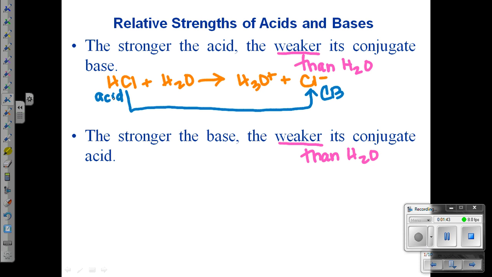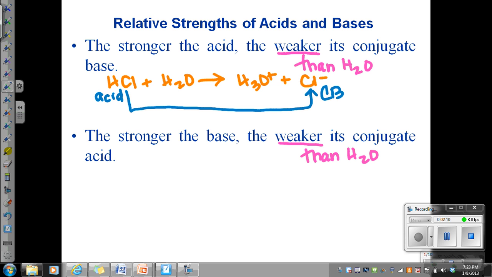So we know that hydrochloric acid is strong. What that means is that the conjugate base, the chloride ion, is going to be a weaker base than water. So that means that water is more likely to accept a proton than the chloride ion would. Then likewise, the stronger the base, the weaker its conjugate acid. So if we have a strong base,